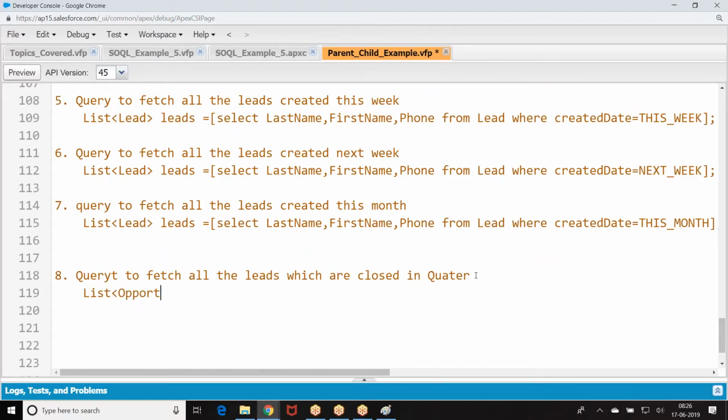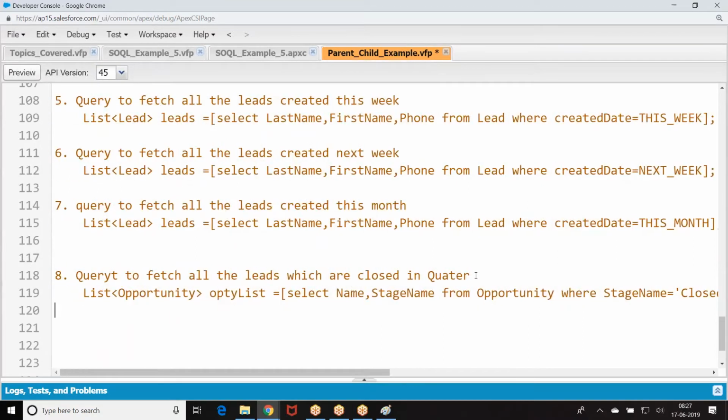List of opportunity. Select, and last modified date.